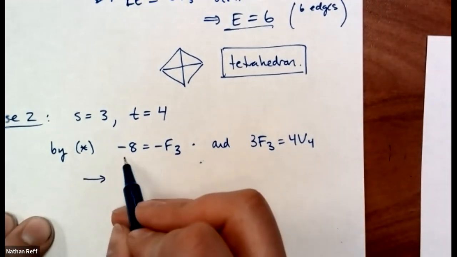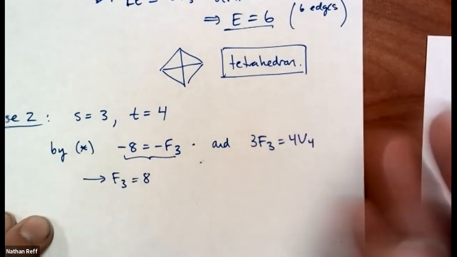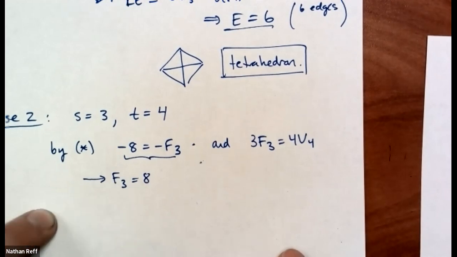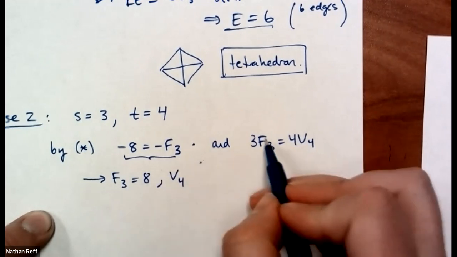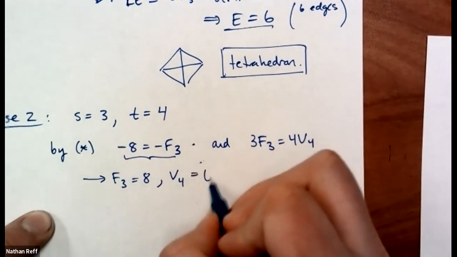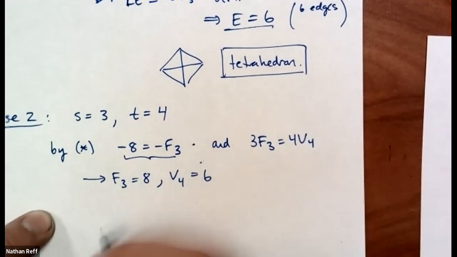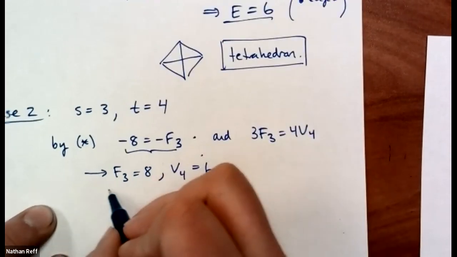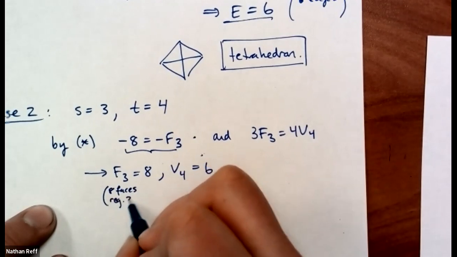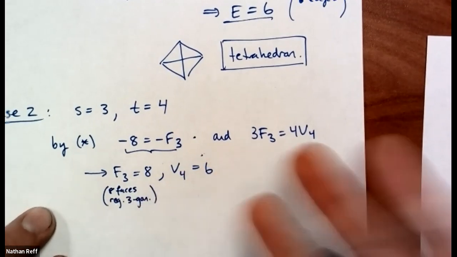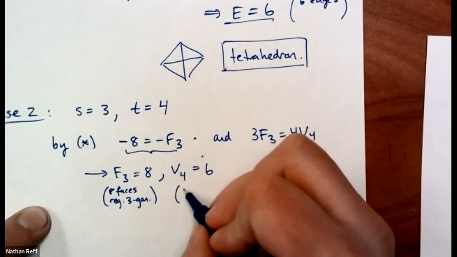Well, actually, this one immediately tells you f3. It's 8. And then that'll immediately tell you this. So it is a 2 equation, 2 unknown system, but it's a pretty simple one. And v4, just plugging in this and then dividing by 4, should be 6. 24 divided by 4 is 6. Yep. So what does that look like? You have 8 faces, regular 3-gons, i.e. equilateral triangles, and the degree is 4. So you have 6 vertices